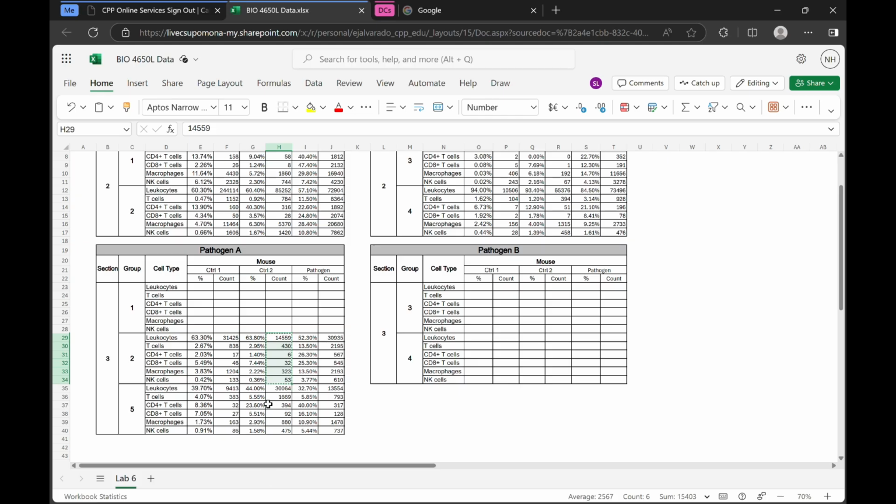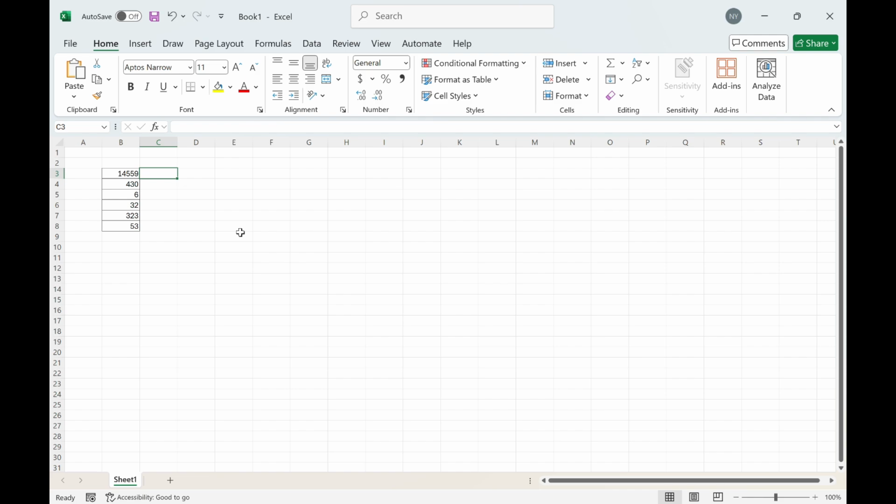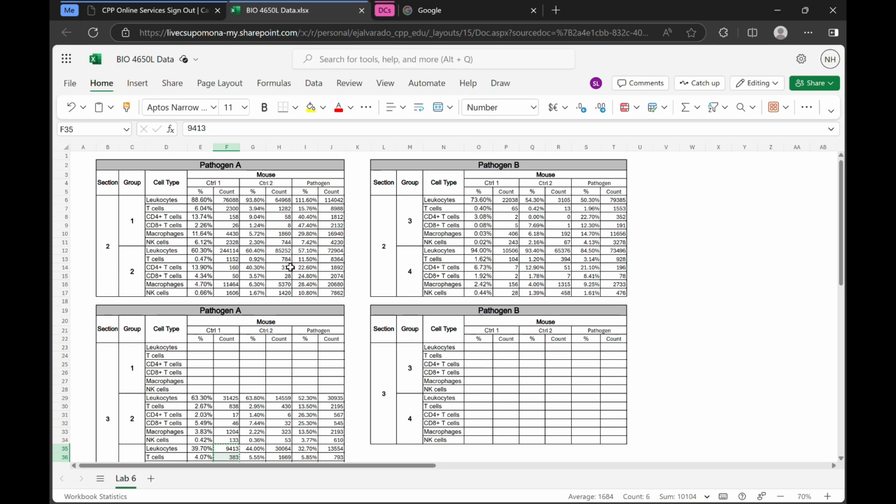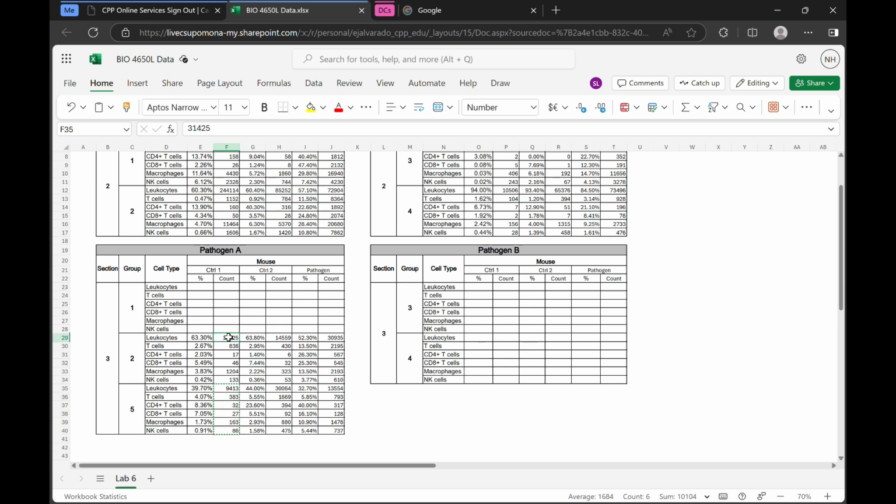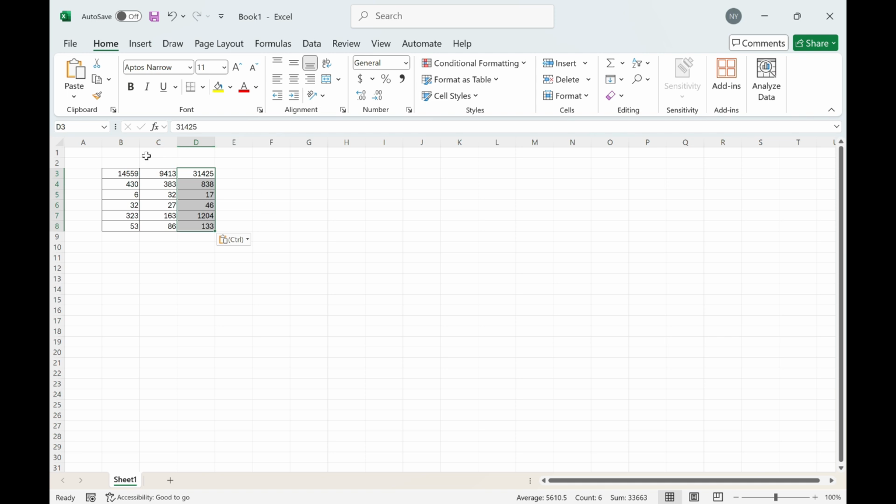And then let's see, we can just select others. So we have a mock infected here that we can select. And then one more, just take from this one. Okay, so now I have 3 mock infected data points. And I'm going to label that for myself, just so I know. And then I'm going to put over here